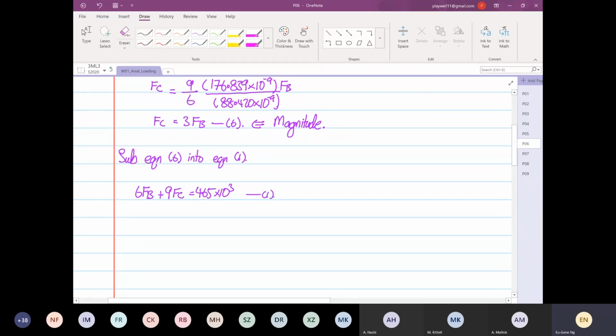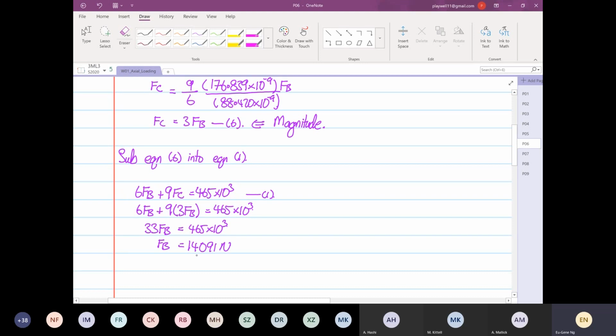So you substitute that over there, so you will have 6 FB plus 9 multiplied by 3 FB is equal to 465 times 10 to the power 3. So 9 times 3 is 27 plus 6 is 33 FB. And then this will be equal to 465 times 10 to the power 3. And then finally, FB will be equal to